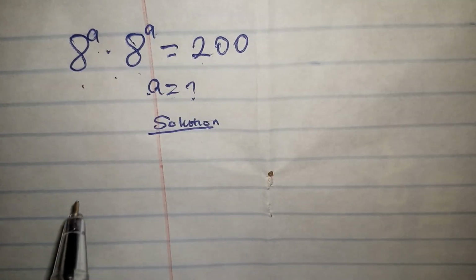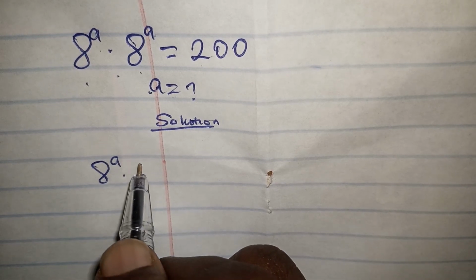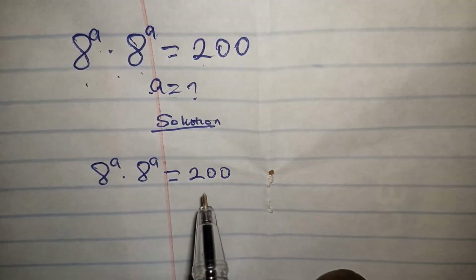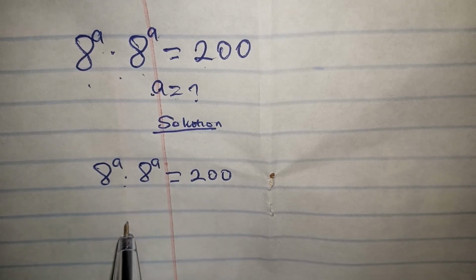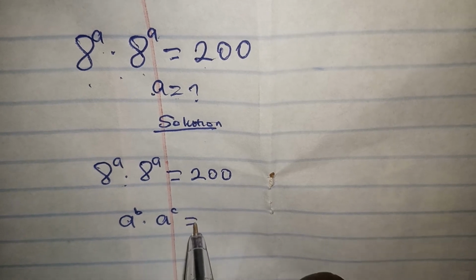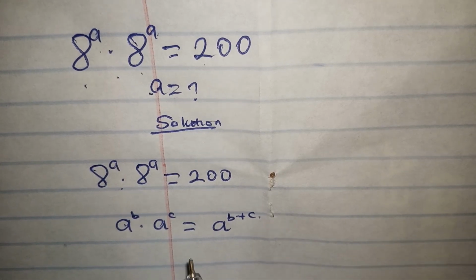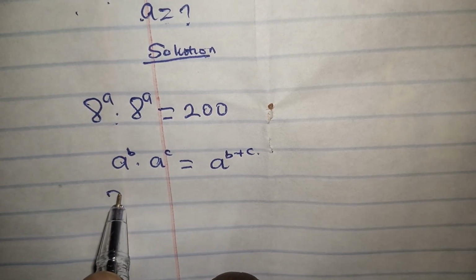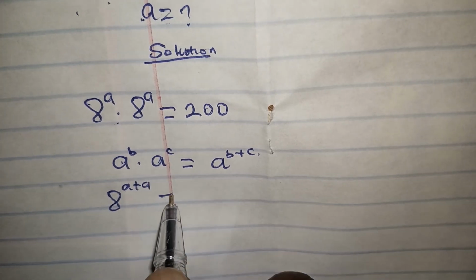Okay, you write the question: 8 to the power of a times 8 to the power of a is equals to 200. From this part, we are going to apply the rule which is a to the power of b times a to the power of c is also equals to a to the power of b plus c. So if we put this rule at this part, we have this to be 8, since these bases are the same, to the power of a plus a is equals to